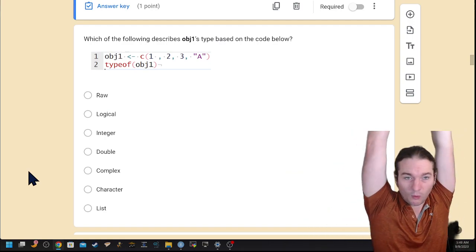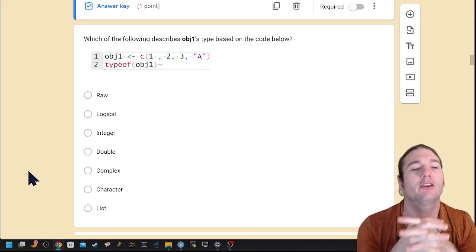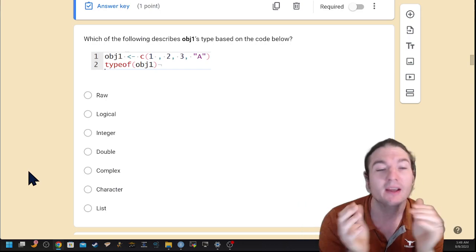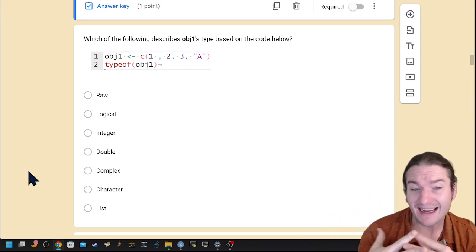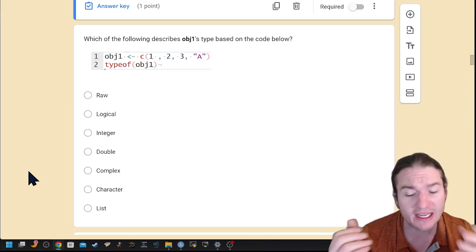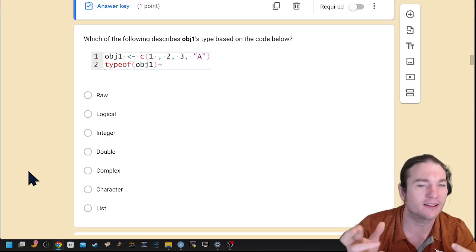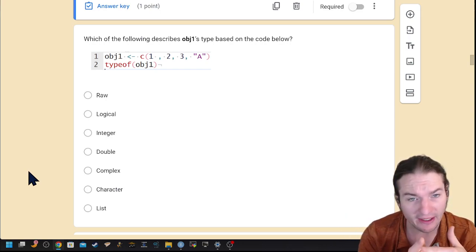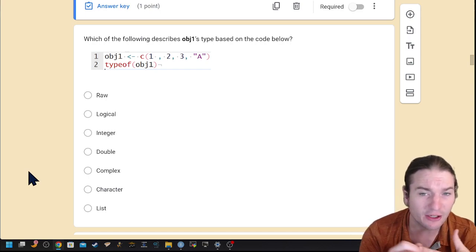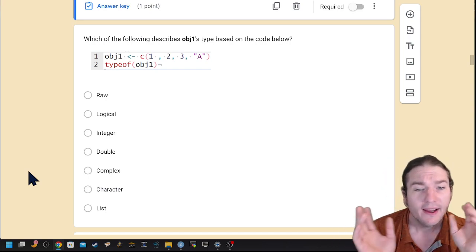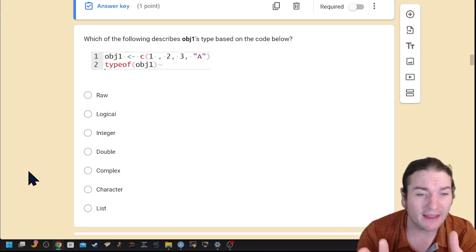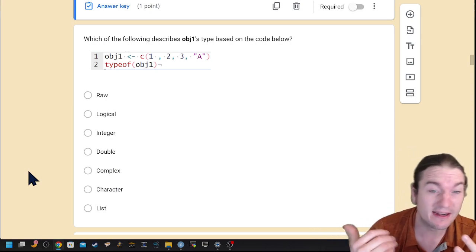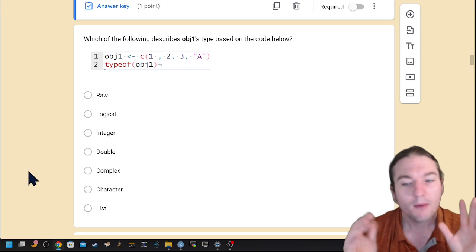Next question. What is the behavior shown below? So here's the thing we're just going to say 1,000 times in this video, and that is that in order to combine objects, you must have all of the objects be the same type of data. Because combine puts them into a single object, it has to have some sort of container that can actually hold all of those. In fact, if it couldn't have figured out a way to combine them, it would have ended up making a list, whose property is that it can contain multiple types of data.